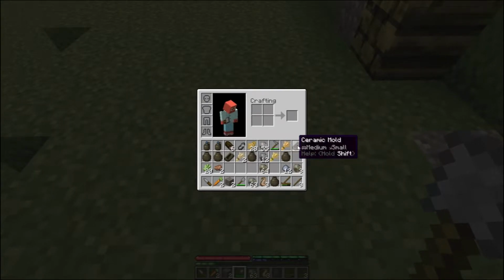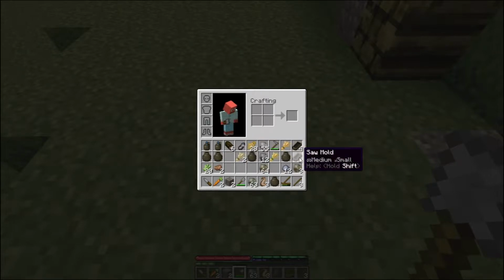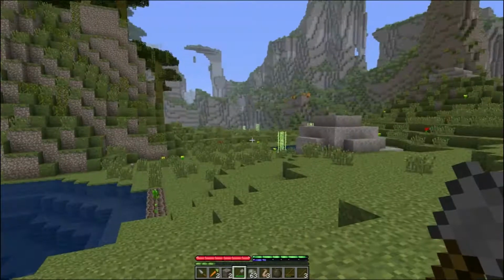We got these ceramic molds, which are used to, you melt metal into them. Like this stuff, you can melt into that stuff. And it makes a bar, after you get a bunch of that stuff. And then we have this saw mold. Now, I'm not 100% how you use them because I know that you cannot...